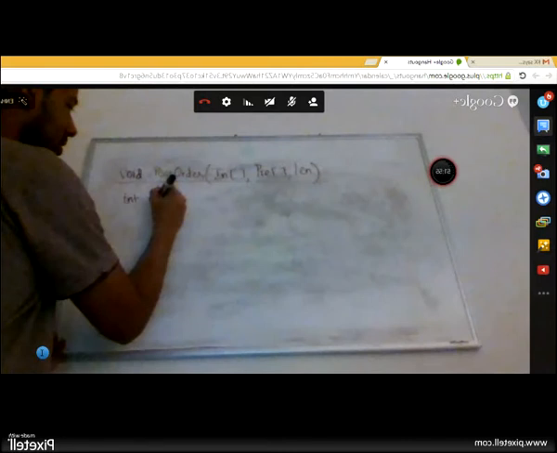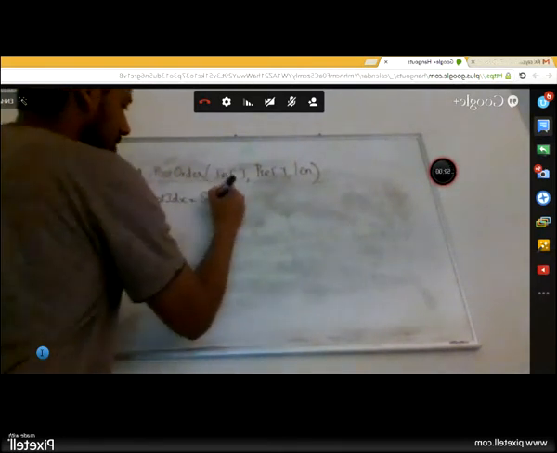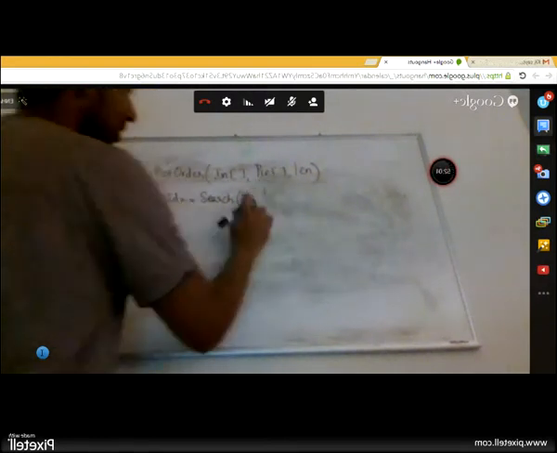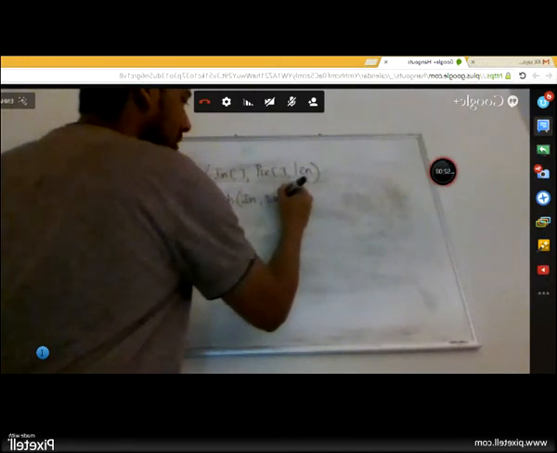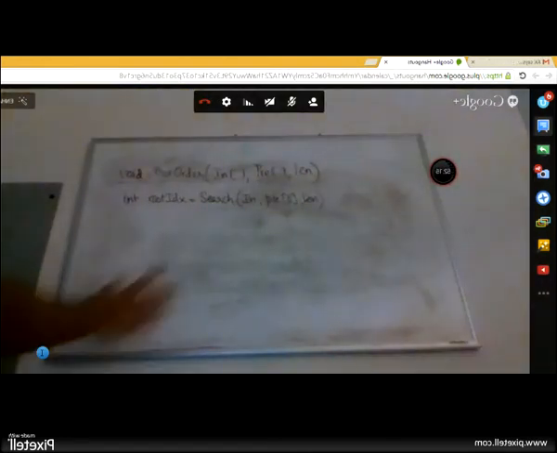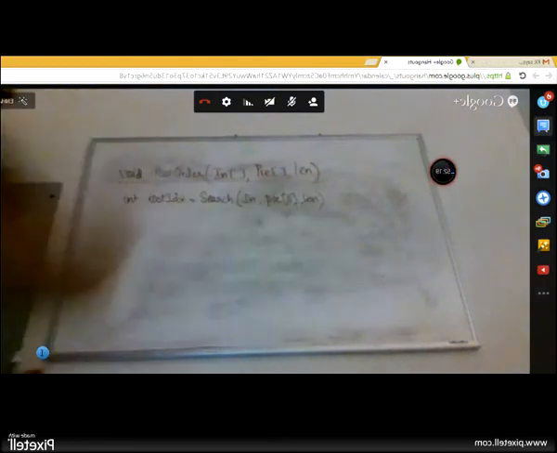So I say root index, let's say I have a helper function search which will take in my array which needs to be searched, my key value which is pre of 0, and the length. I pass in my in-order array, this is my key and this is the length of the array, and I say go search.